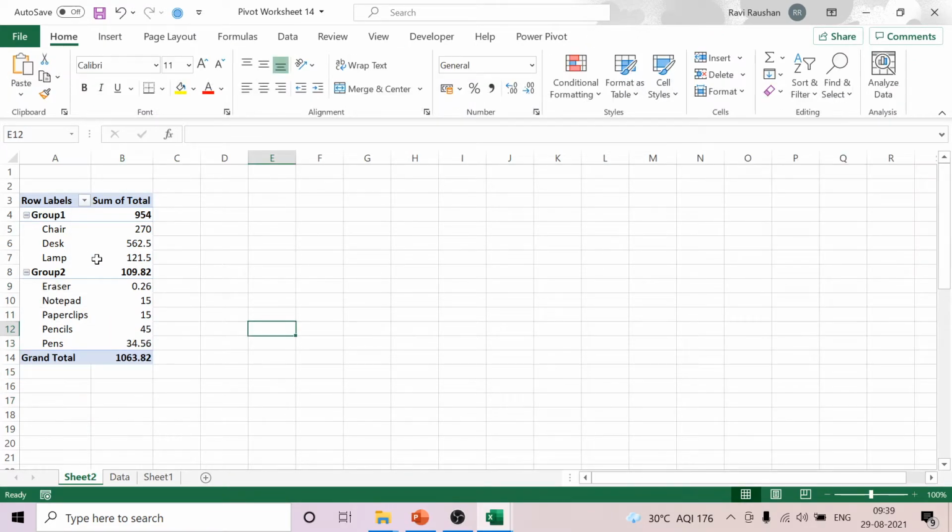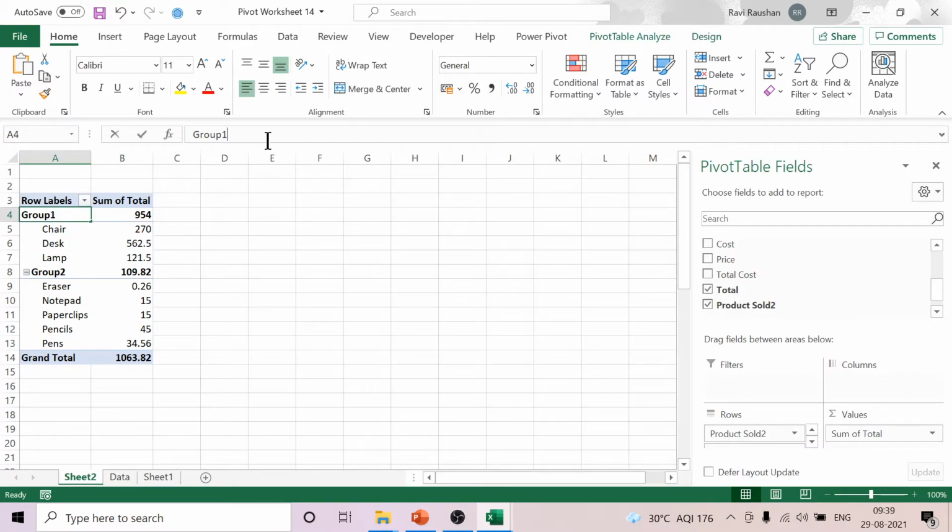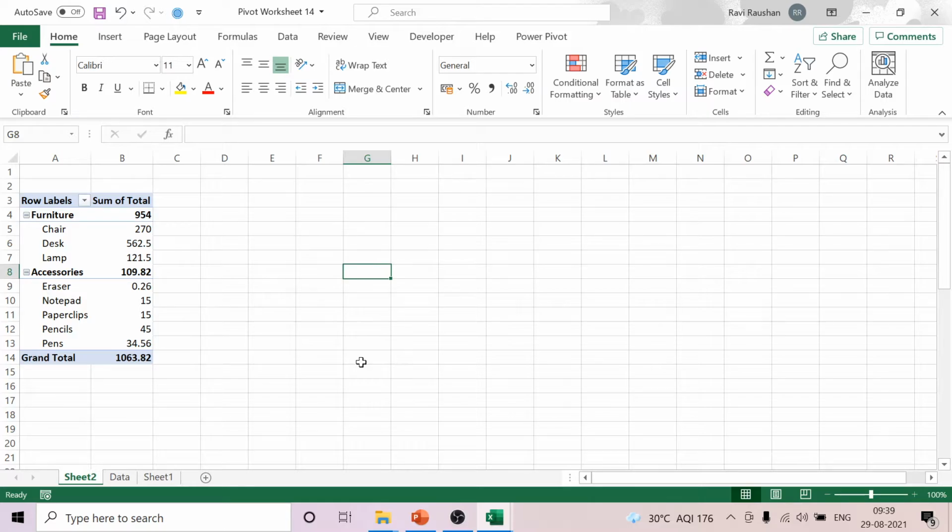Now it has become group 1 and group 2. Now if you change the name of the group, you click on group 1, come to the formula bar, maybe give it a name as furniture. You come to the group 2, you give it a name as accessories. So as a report, it is looking great now. So that's how you can group a text field.